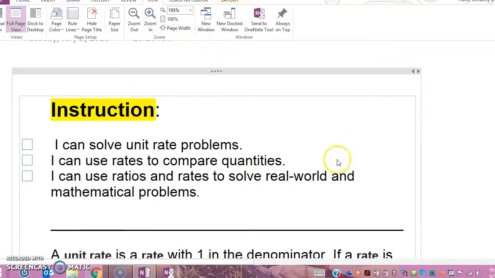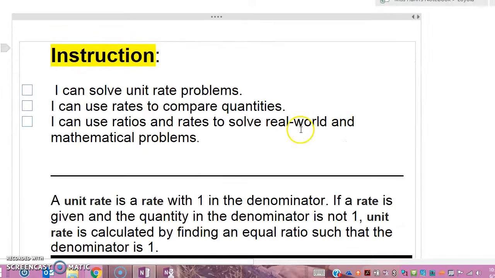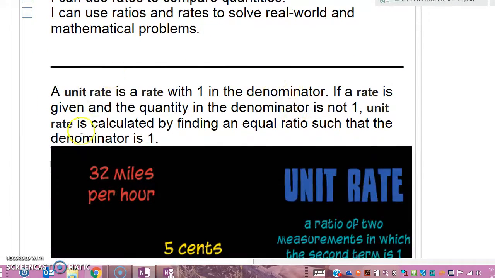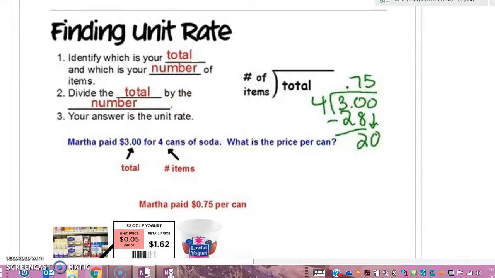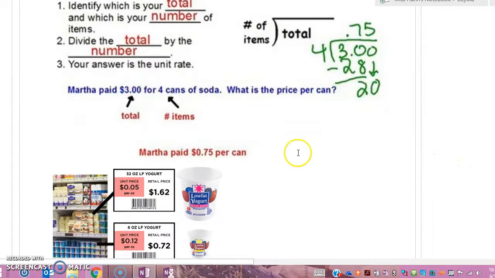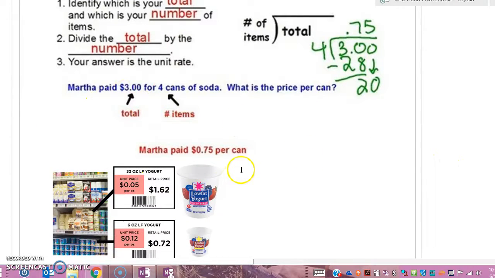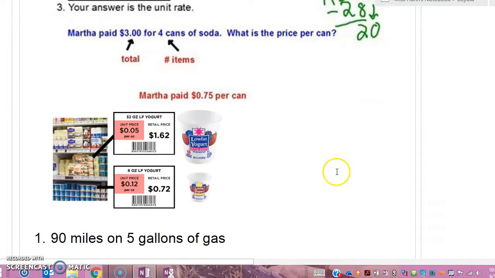Okay, here's our I can statements about what we are going to talk about today. The students in the instruction station will be able to read what a unit rate is, see some examples, and we will discuss some more examples for unit rate. Here's the technique of how to find a unit rate that we will also discuss. Lastly, we will discuss different ways that we could use unit rate, such as finding a better buy in the